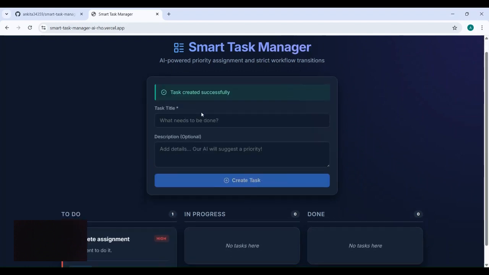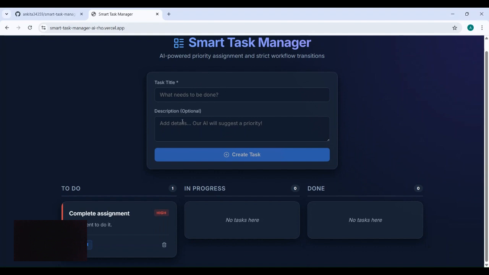Now my task is created successfully and added, and here is the AI feature. Based on your task description, it tells what the priority of this task is, whether it is high, low, or medium.